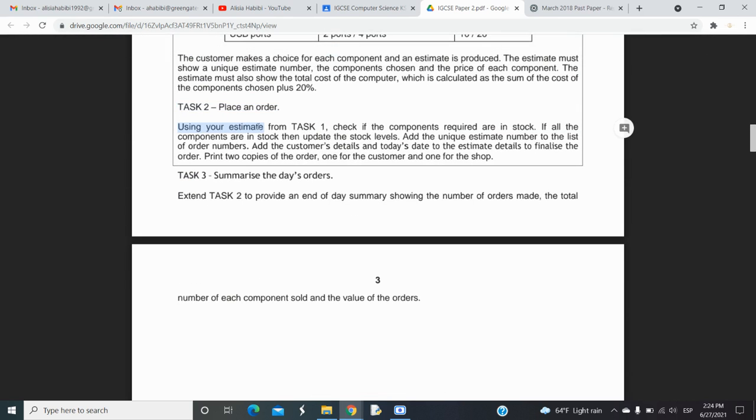And if you realize in task 2, it says that you will need to use your estimate from task 1 to check if the components are in stock, and if all the components are in stock, you update the levels of the stock. And then it says add the unique estimate number to a list of order numbers, so they've told you what to do. And then it says add the customer details, today's date, the estimate details to finalize the order, and print 2 copies, one for the customer,